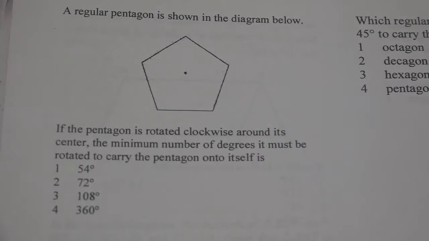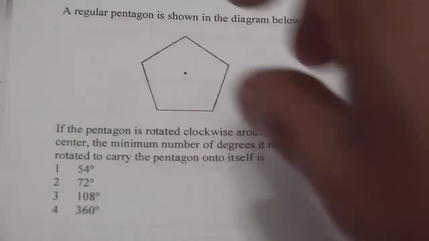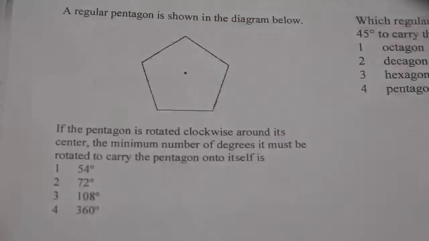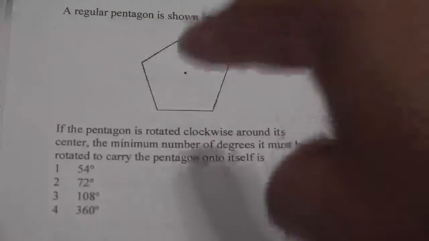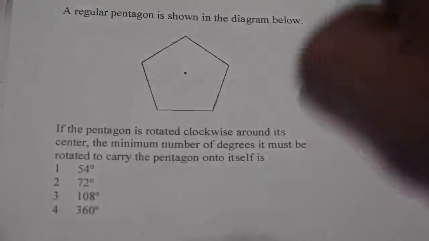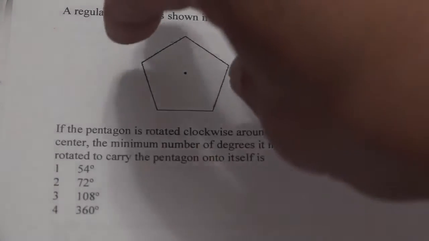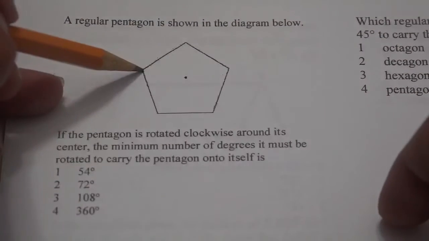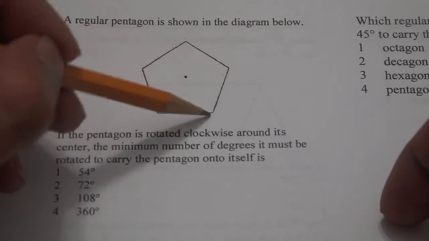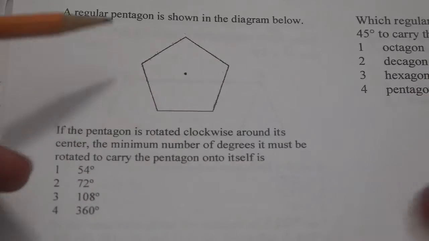In other words, this is what happens. You're going to rotate the pentagon, and when you rotate it, it will have to look exactly the same in the same position. Like that, clack, clack. So this vertex will be over here, this one over here, this one over here. So how many degrees do you have to really